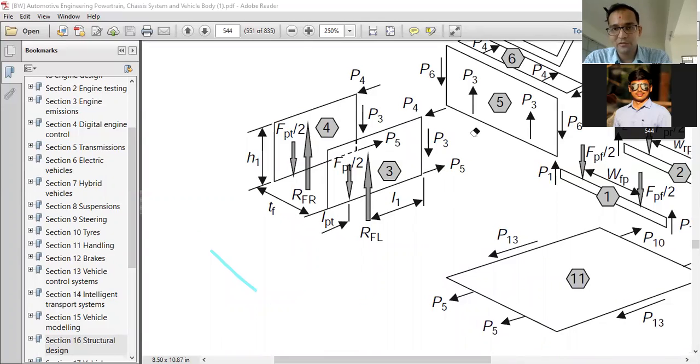Similarly, if I am observing the fifth panel, there will be a load in downward direction and a reaction in upward direction due to the load which is transferred from the RFL to a particular zone. RFL, RFR, FP, these are the loads which will transfer certain reactions to the endpoints. Which are those endpoints we are observing? These are the endpoints. And due to those endpoints, there will be a certain reaction available in a certain zone. Due to these reactions, there will be a twisting phenomenon in the front panel also.